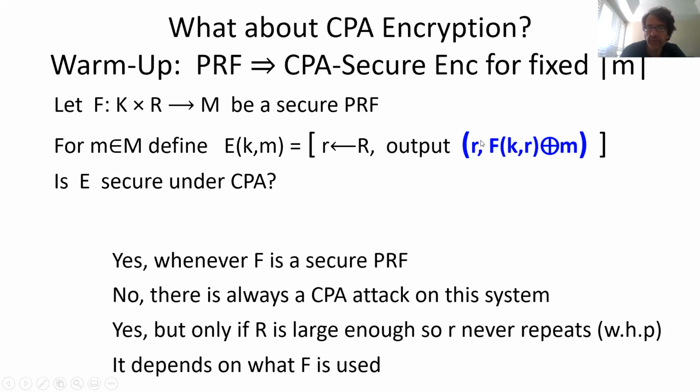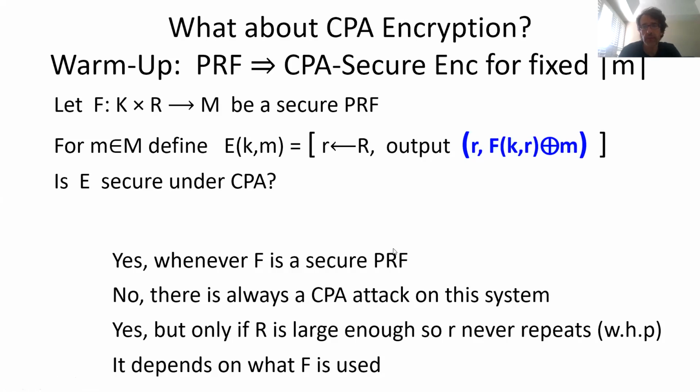First element of the ciphertext is an R, this randomness. So in the case of DES, it would be 64 bits. The second element is an application of the cipher on this randomness, XORed with M. So this is like the deterministic counter mode that you just saw, but rather than using consecutive integers,